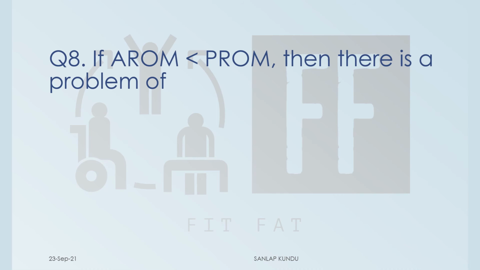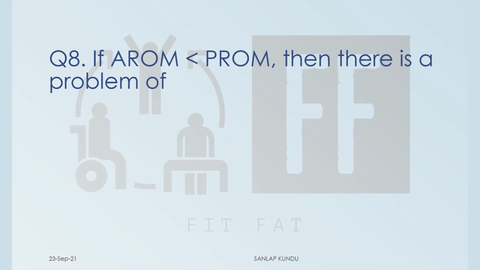So any problem or decreased range of motion in active movement is basically due to involvement of all these tissues, whereas passive range of motion is the arc of motion attained by the examiner without assistance from the subject. So in case of passive range of motion, basically the patient does nothing